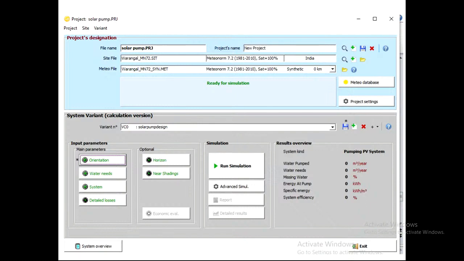Right. So the theoretical calculations up to now we have discussed. Now you can design your solar pump using the PV-Syst software.